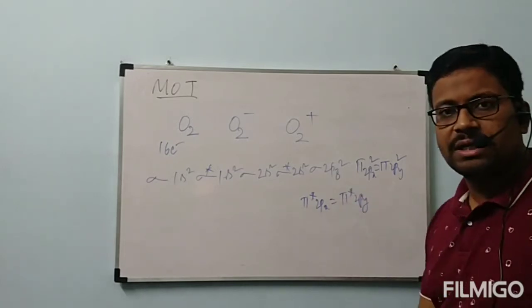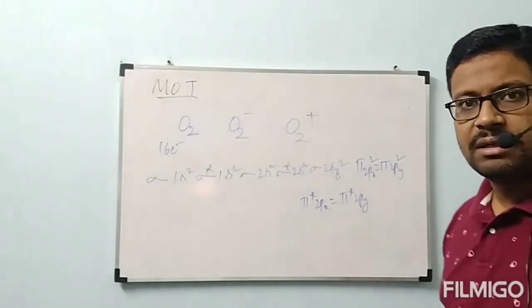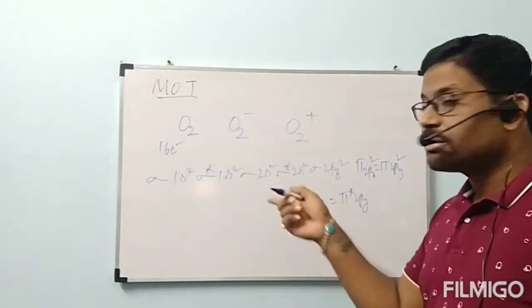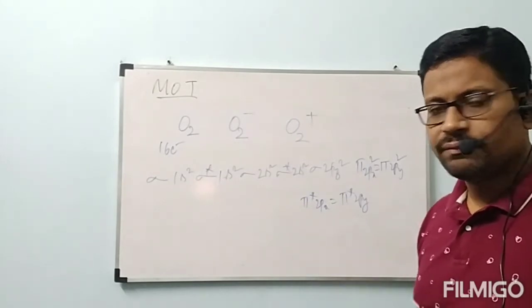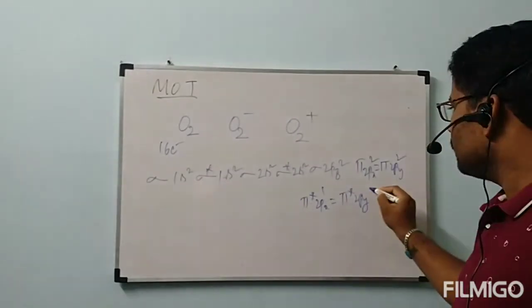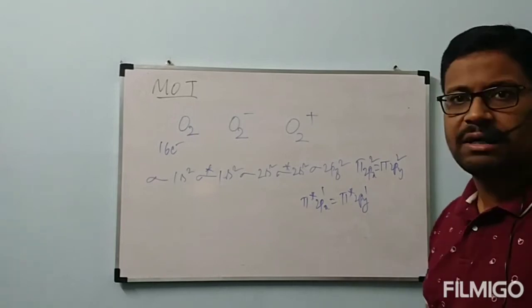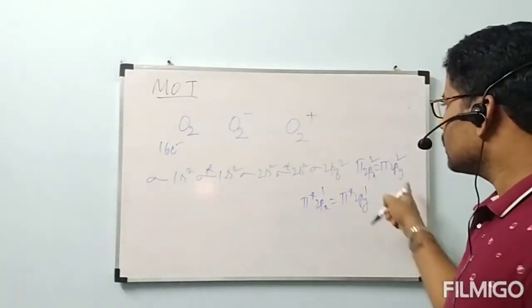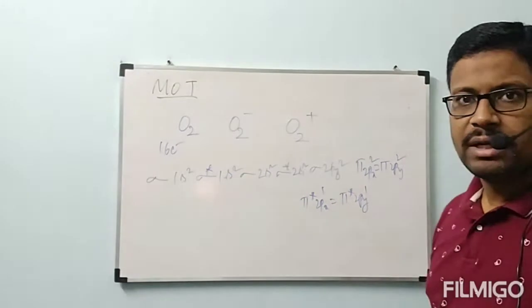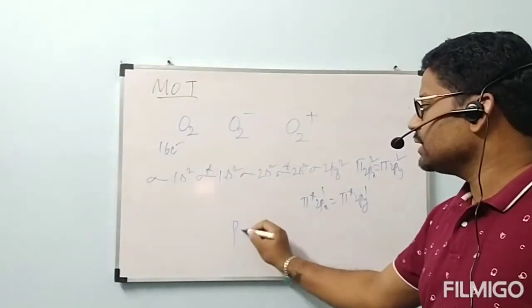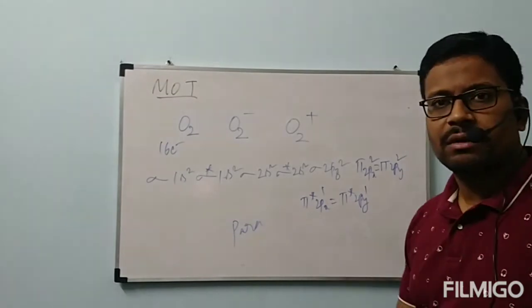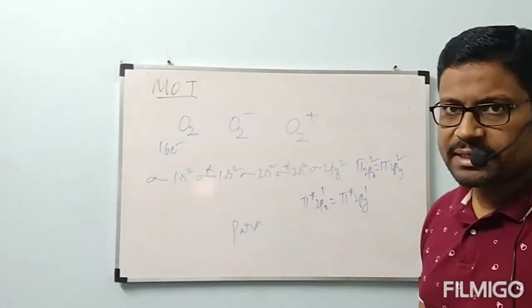I have to state one rule of molecular orbital theory. According to molecular orbital theory, electron filling into molecular orbitals follows Aufbau's rule and Hund's rule. So this one will be filled with one electron, and this one will be filled with one electron. This is the electronic configuration of the O2 molecule. It has 2 unpaired electrons, so it is paramagnetic in nature.